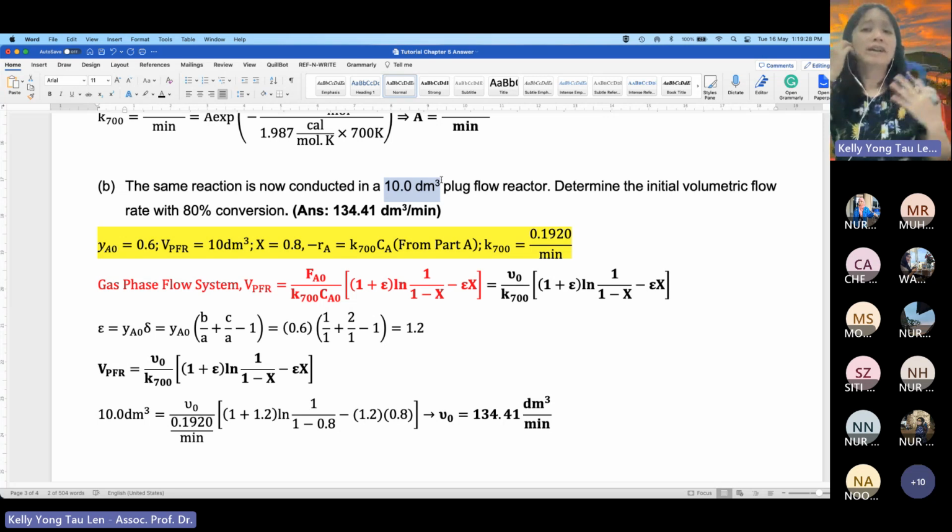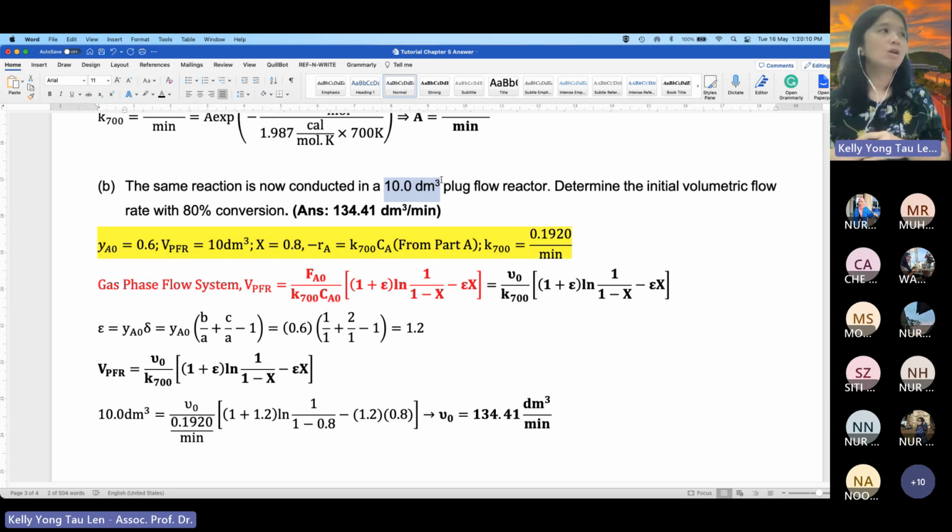So you have to understand that concept as well. Means nilai k takkan berubah, rate law pun takkan berubah bila kamu tukar reaktor. Sebab tu kamu kena faham, rate law, value k adalah terikat kepada tindak balas. Kamu run pada reaktor berlainan pun, rate law dan nilai k masih sama. Even nilai Ea pun masih sama. Just that, dalam case nilai k, kalau kamu ubah suhu, then nilai k itu akan berubah. Okay, tapi kamu tukar reaktor, all that value will not change sebab dia terikat kepada tindak balas. As long as you run the same reaction, you will still use the same value of k, the same value